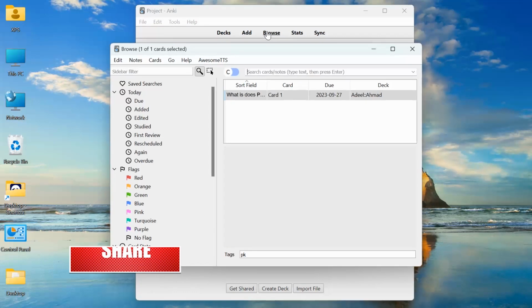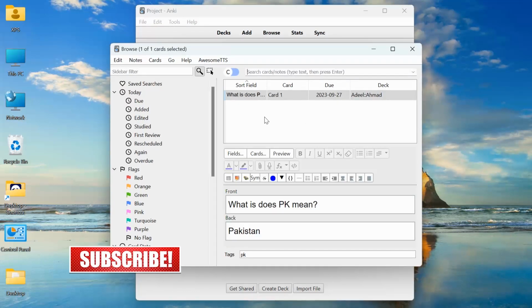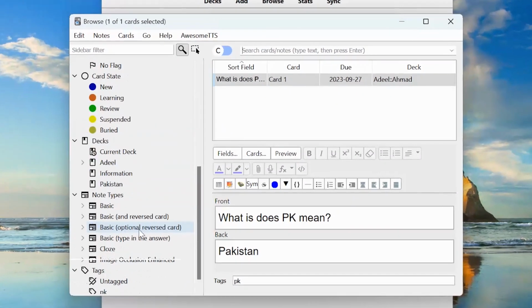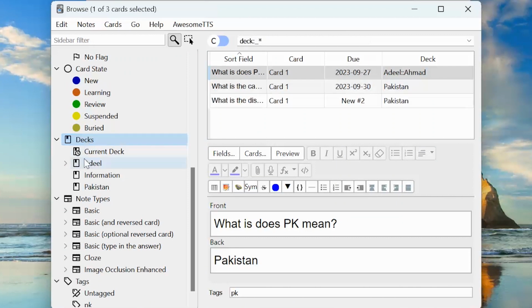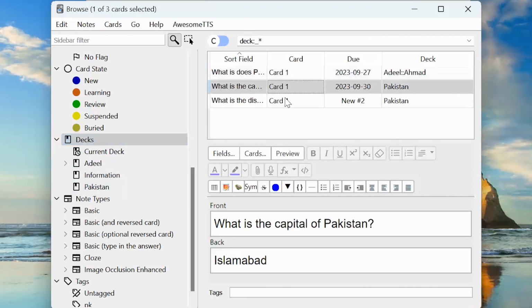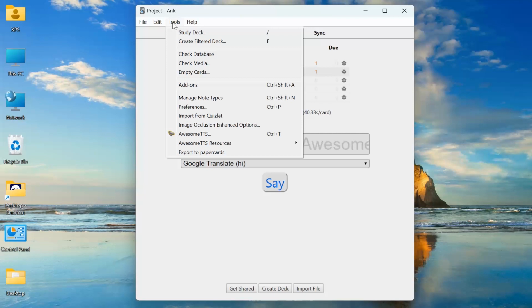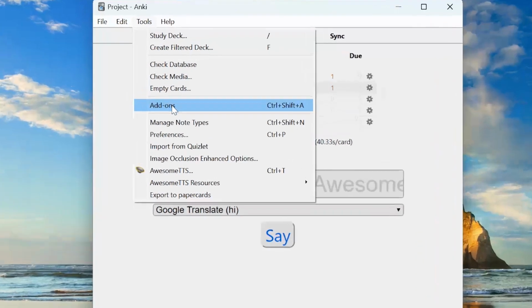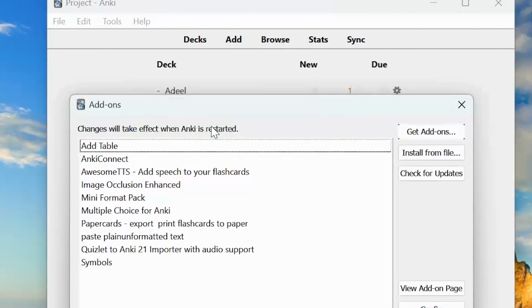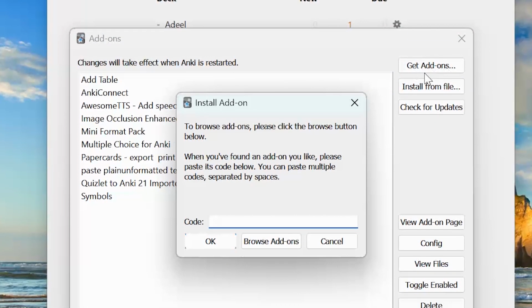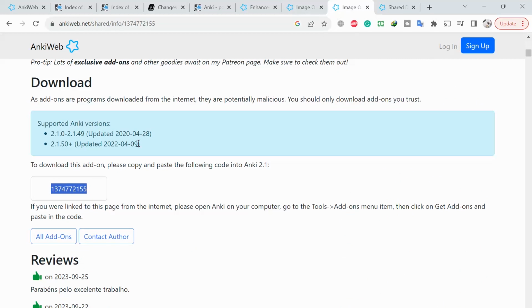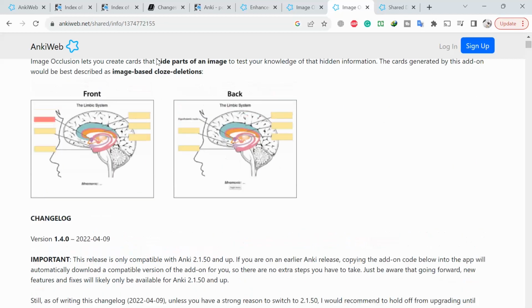The browse section is the section where all the cards and all the decks will be shown. You can modify any card, delete, and so on. And secondly, the main feature: to get new add-ons, you can click on it and click on get add-ons, and there will be a code, such as for image occlusion add-ons. You can search by